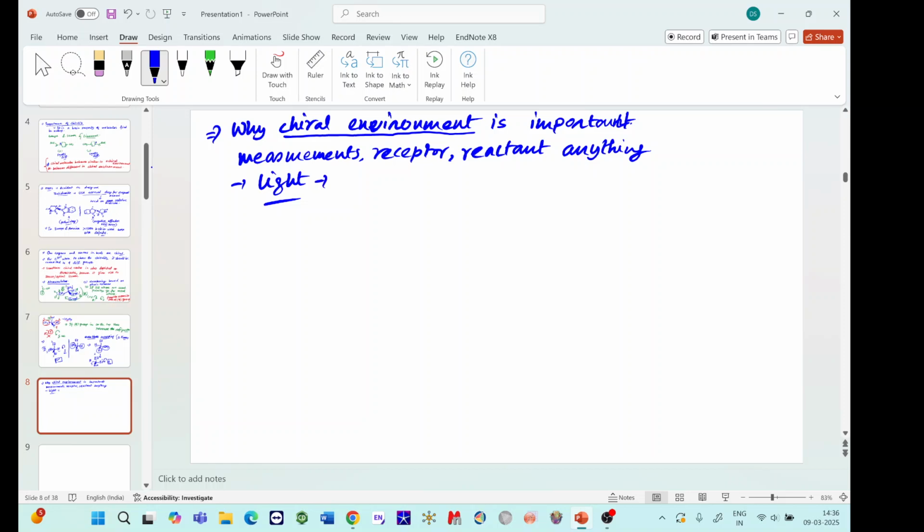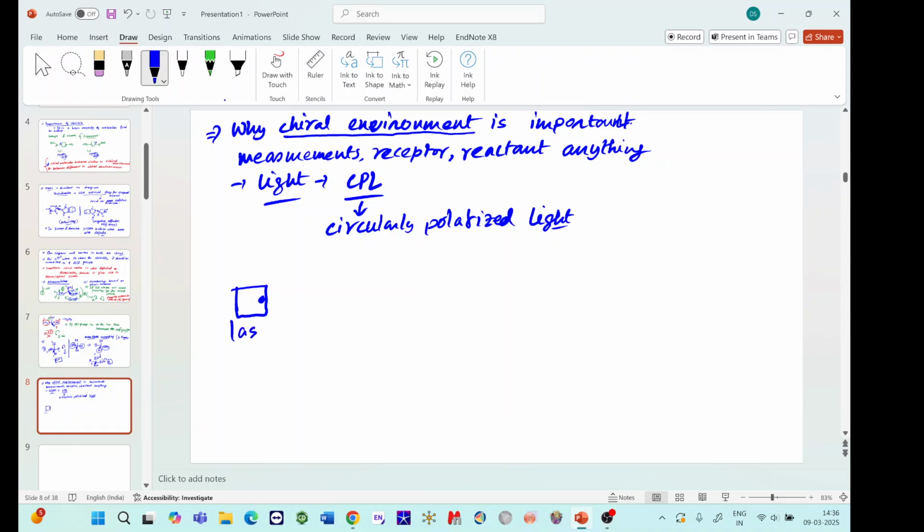So CPL, CPL means circularly polarized light. So whenever you have a light source,